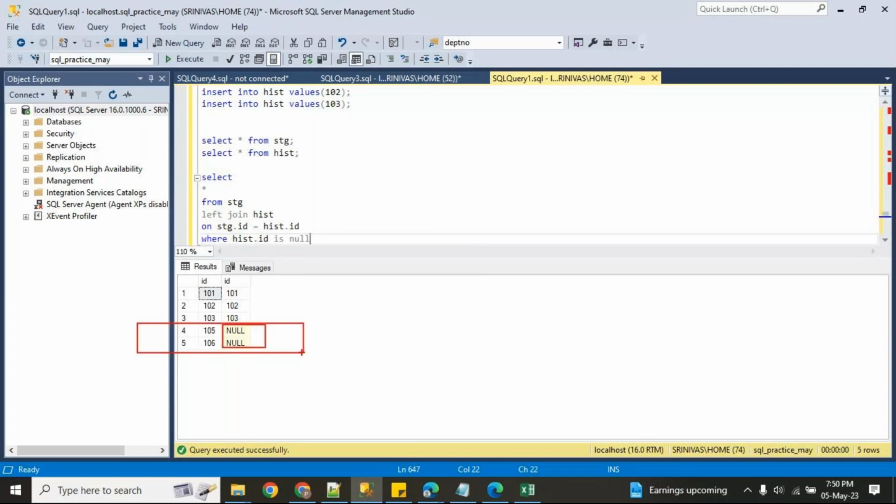Then you will get two records. If I give the star, you will get both tables' columns, observe here. But I want only the left side, only stage data.